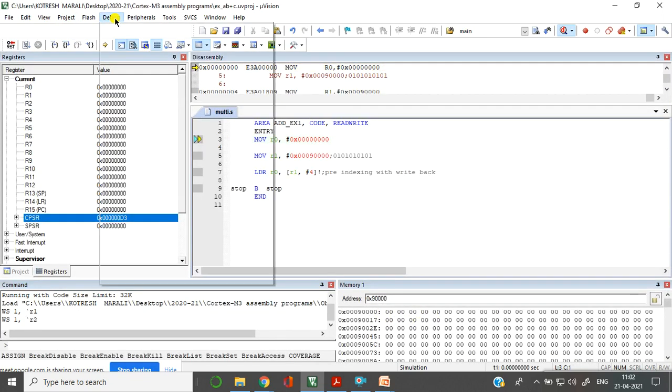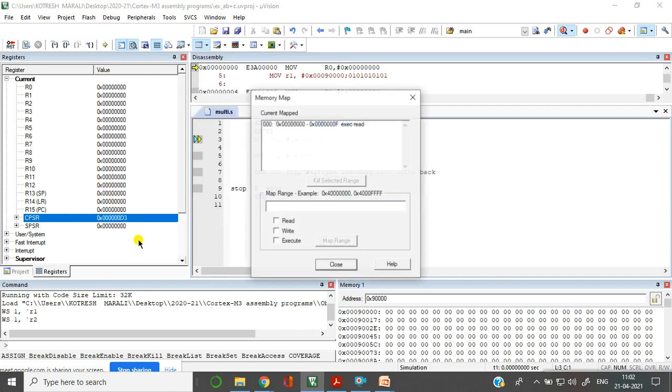Once again, every time you have to go to the memory map and change the address location that you are using for your operation. So that is 9 1 2 3 4 comma 0. It is not mandatory that you have to take this particular address every time. You can change the address location, no matter. You can choose any address location, but whatever address location you choose, you need to do a certain change. That's it.